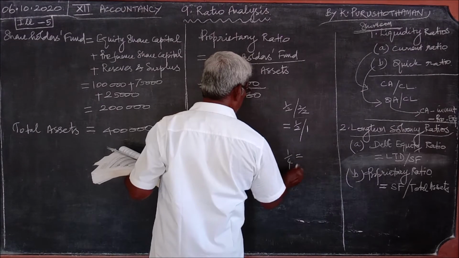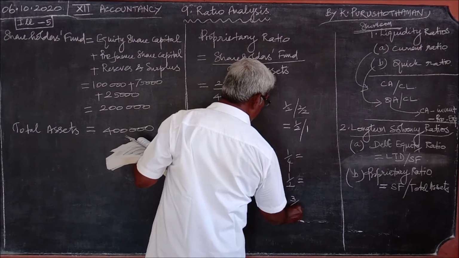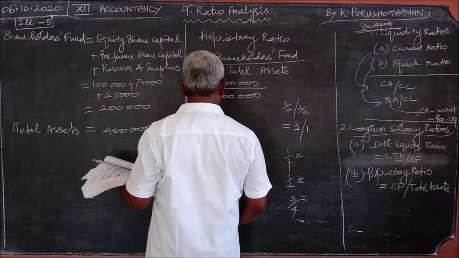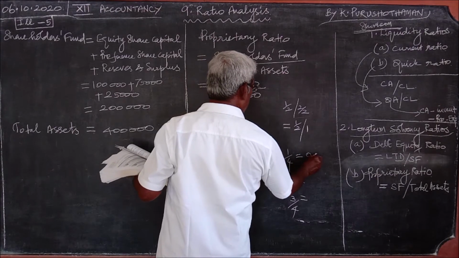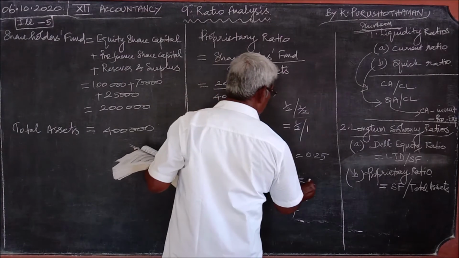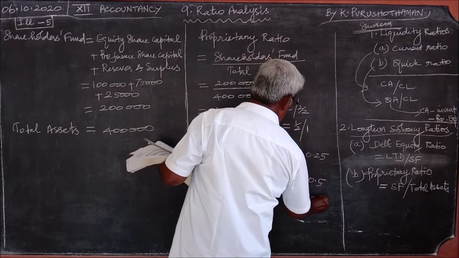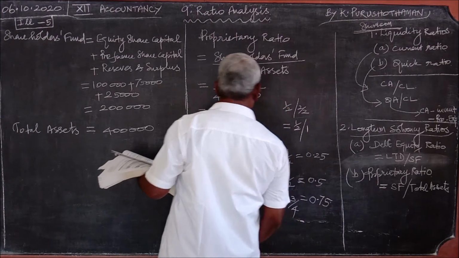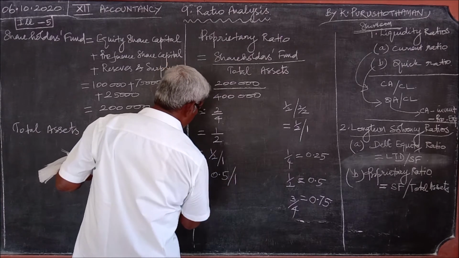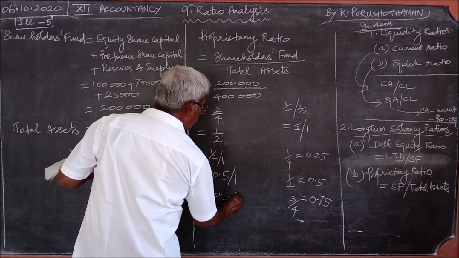I told you already, you just remember the value of 1 by 4, 1 by 2, and 3 by 4. Instead of dividing and finding it, you may make some mistakes. 1 by 4 is 0.25. This is always a permanent and fixed value. 1 by 2 is 0.5. 3 by 4 is 0.75. Here 1 by 2, therefore 0.5 by 1, which is in the form 0.5 is to 1.